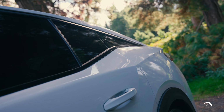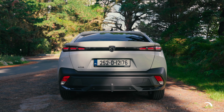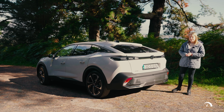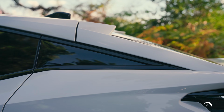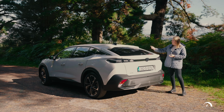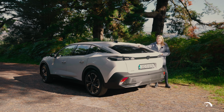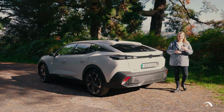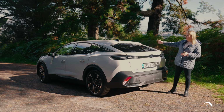I love the back of this car. It's so dramatic and so stylish. Definitely some coupe-like aspirations in this as well, with the sloping of the roof line. These are what Peugeot call little cat ears. This is the Lion brand after all, and those actually help the aerodynamics of the car, how the air flows